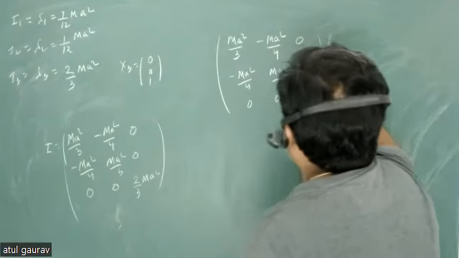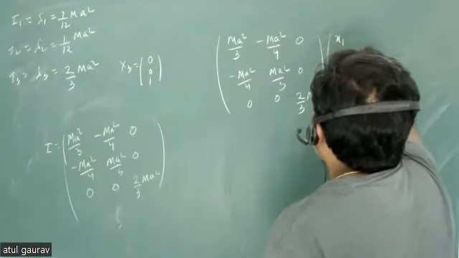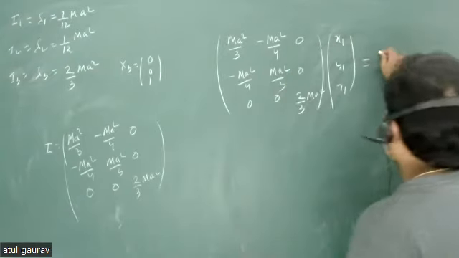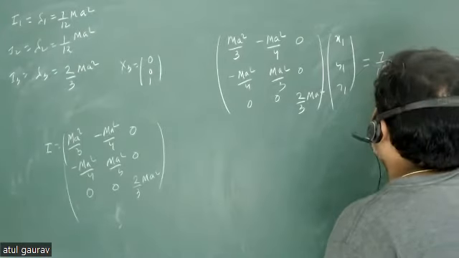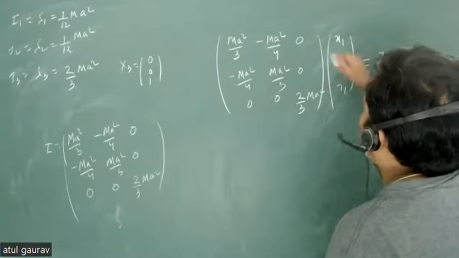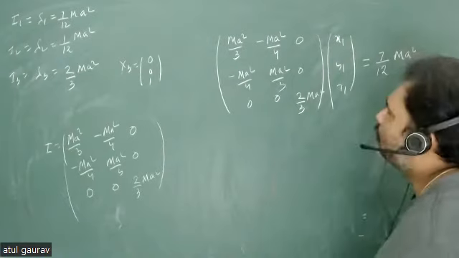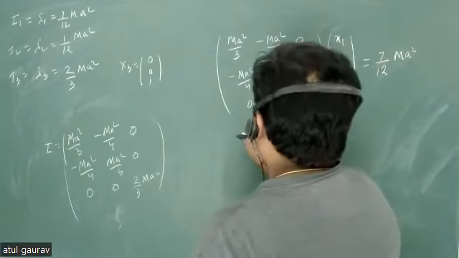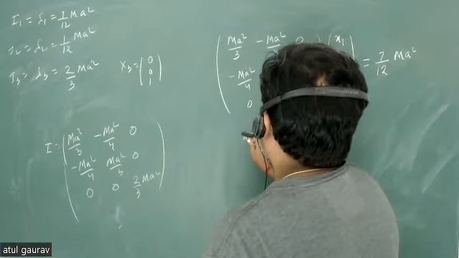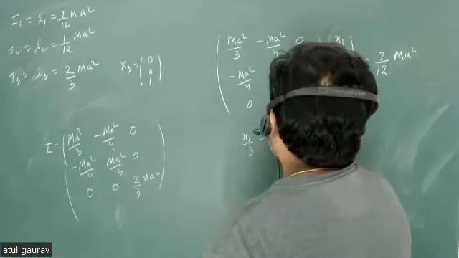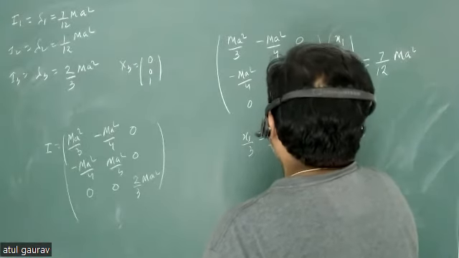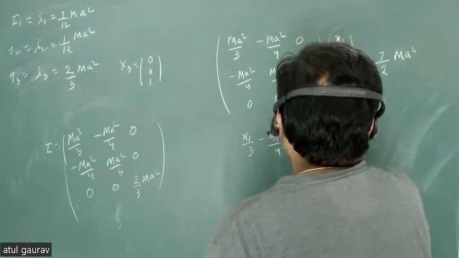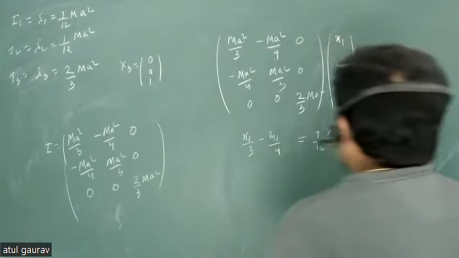And let's say यहां तो a दिया हुआ है तो मैं इसको x1 y1 z1 लिख दूं. फर्स्ट वाले के लिए बोल रहा है पुनित, so we will just go for 7 by 12 ma square. So ma square is everywhere, so it will cancel out, है ना? ठीक है? Yes, sir. So what is first equation? First equation is x1 by 3 minus y1 by 4 must be 7 by 12 x1. First equation तो यही होगा,